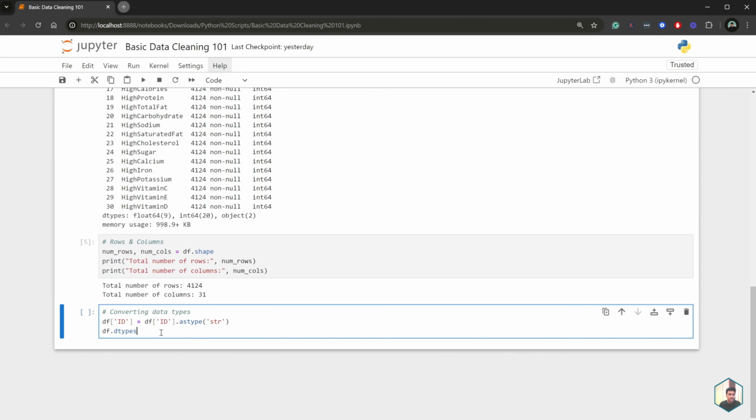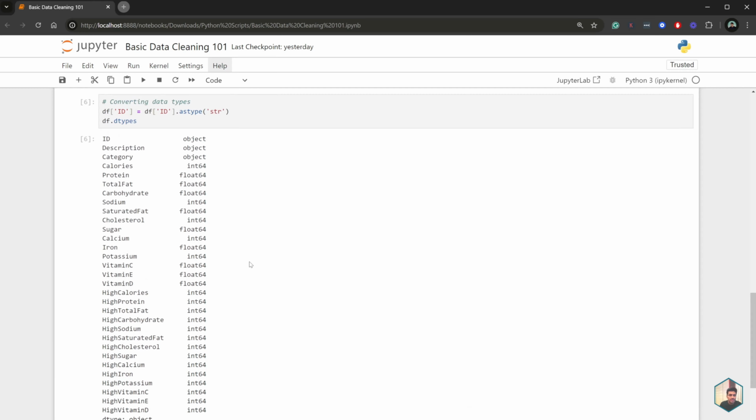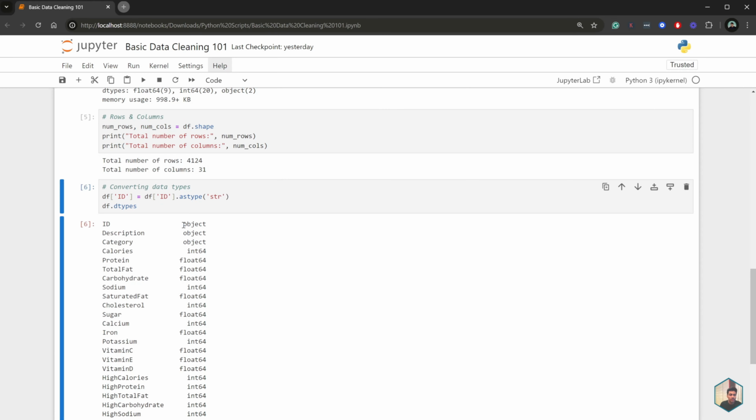I can do this by converting the df ID column, using .astype(str). So I'm basically converting this into a string and then storing it back to our original column. Then I'll type in df.dtypes to verify that we actually converted the data type. When I run this, you can see that the ID is no longer an integer, and we were successfully able to convert it into a string.